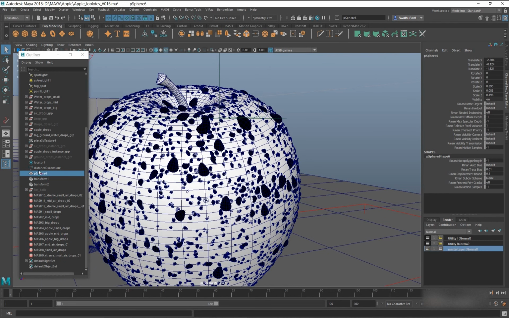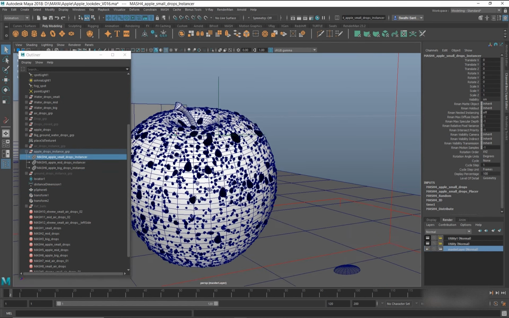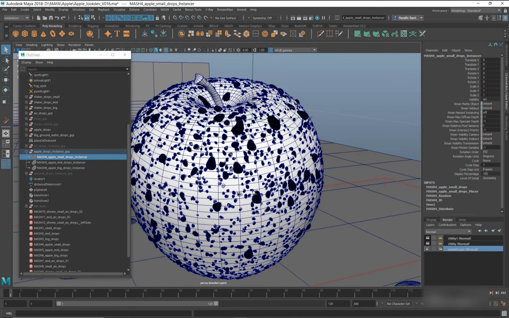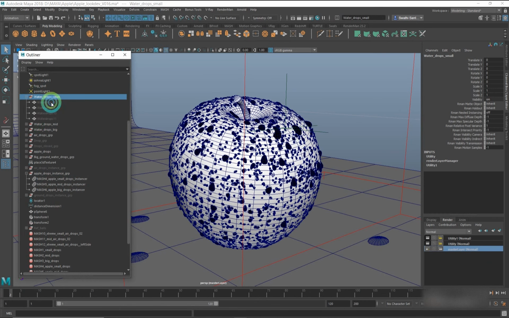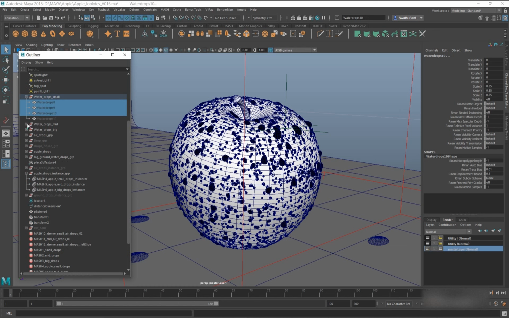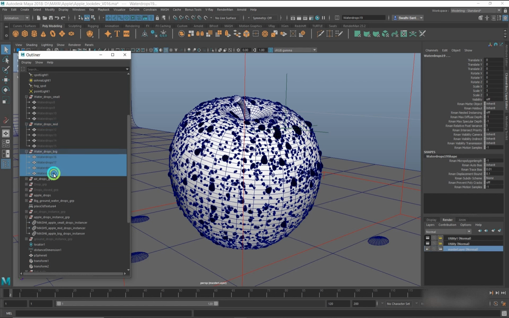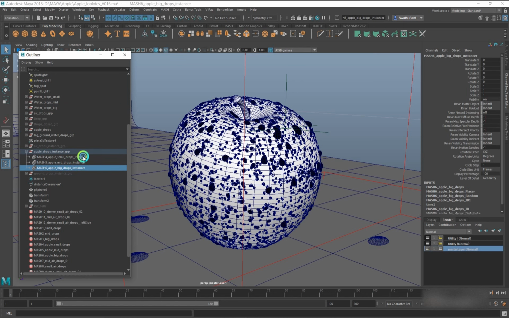So if you see the instances, I've used 3 mesh instances for the apple surface water drops, and you can see I've used different sized instances here, same meshes with different size variations for these instances.